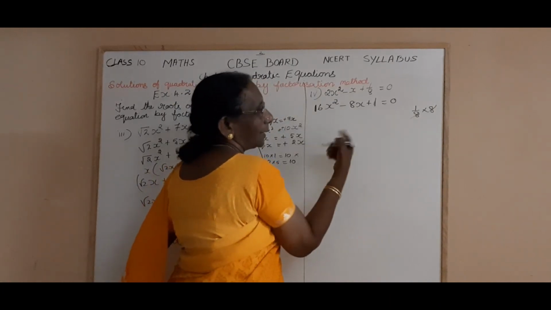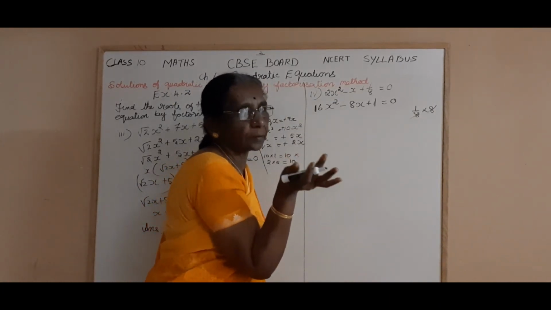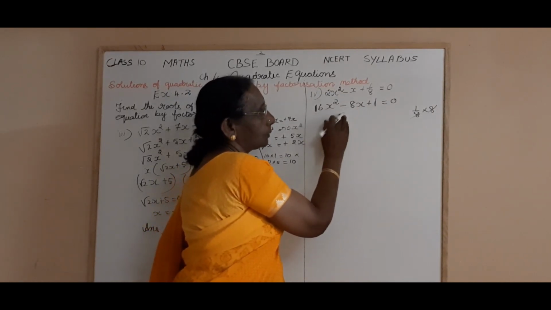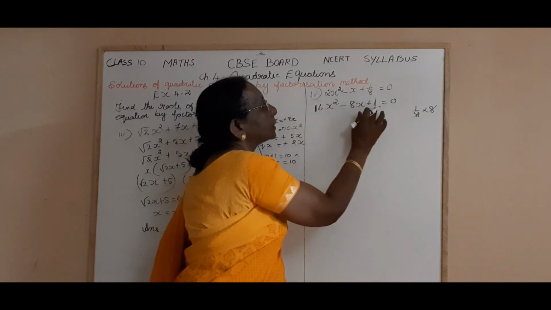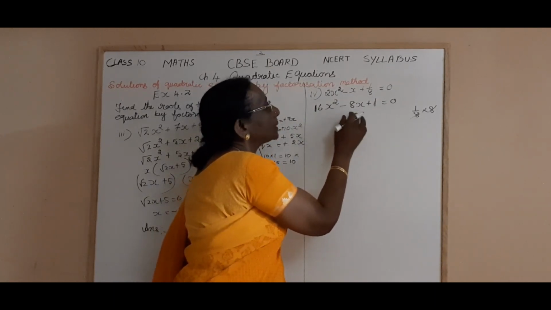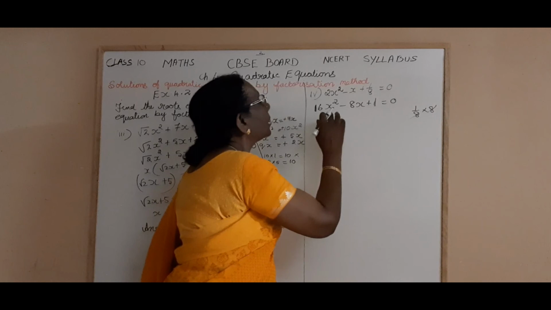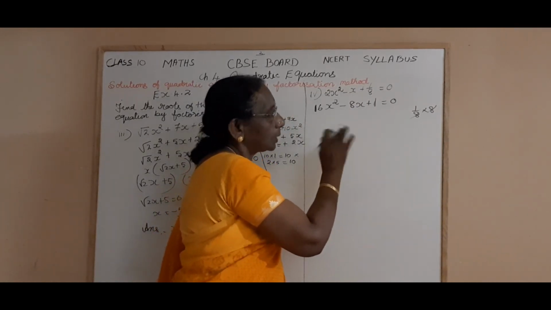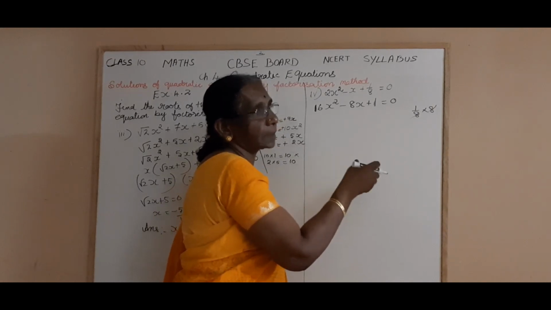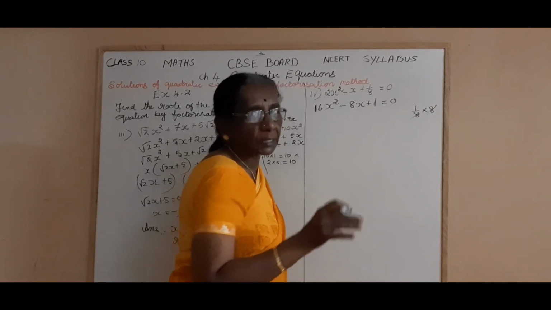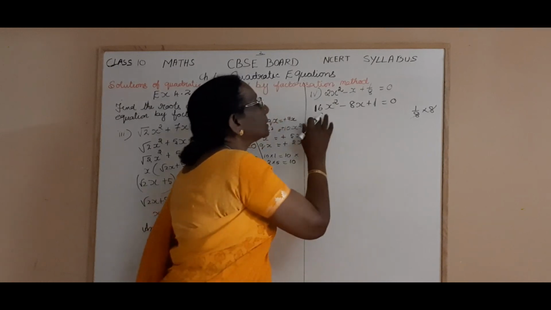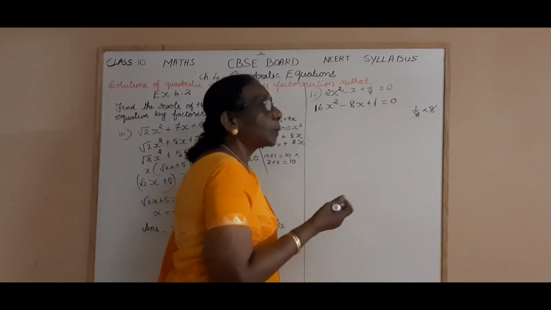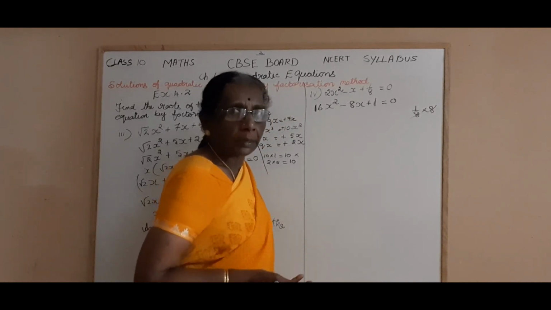So this you can find very easily, you can do it in mind itself. Because this is positive and this is negative. What is the product? 16. And the sum is minus 8. So whenever the product is positive, the splitting of the middle term, that is the two parts px and qx, will have the same sign, that is negative. And here 16 ones are 16. So what are the factors of 16? 4 fours are 16. Easily you can take.